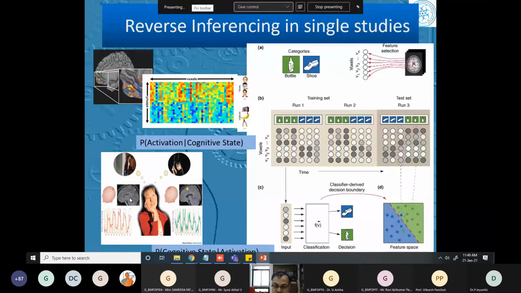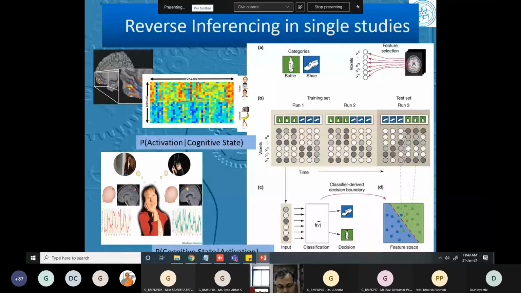For example, this is a patient. This patient was in a vegetative state. Vegetative state is like coma, so the person is brain dead as per clinical testing. Now we want to assess whether this person is actually brain dead or not. The person is not responding. We had that Munna Bhai MBBS movie where the patient was not responding at all. But this was a 2005 study at the University of Cambridge.